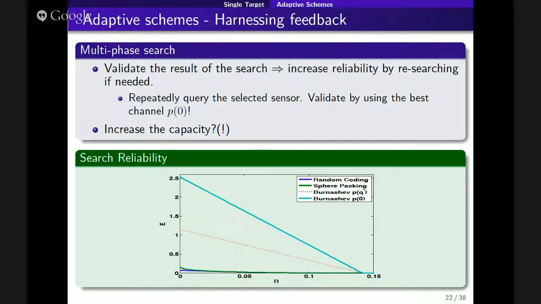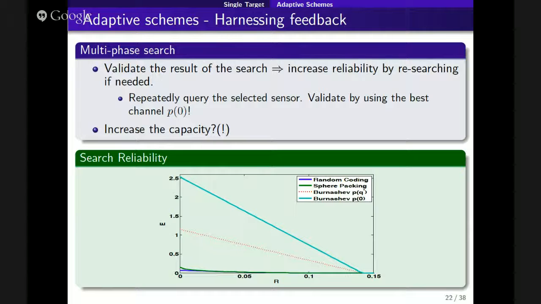But should you not include the first phase in this analysis? The first phase gives me a rate. Say you use a capacity-achieving code for the first phase.